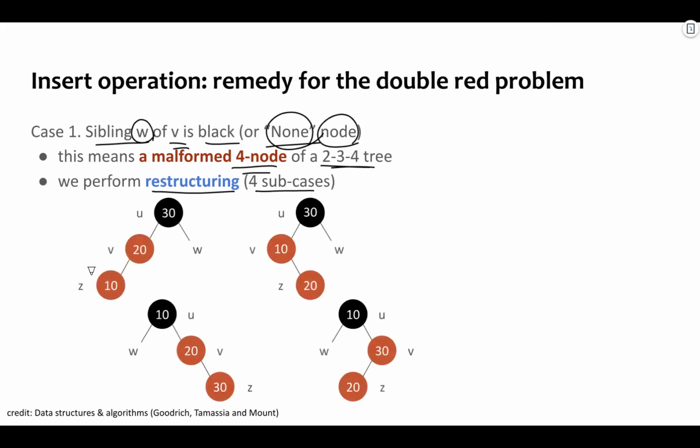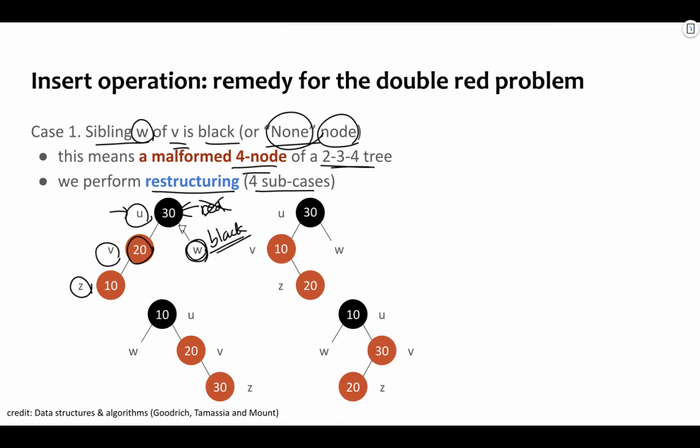So I told you that Z and V are red, red, like this. And the parent of V is black. And the sibling is, because this one was originally red, it cannot be red. This kind of situation does not occur because originally this tree was a red-black tree, and the situation where U is red is not possible. So W is black,